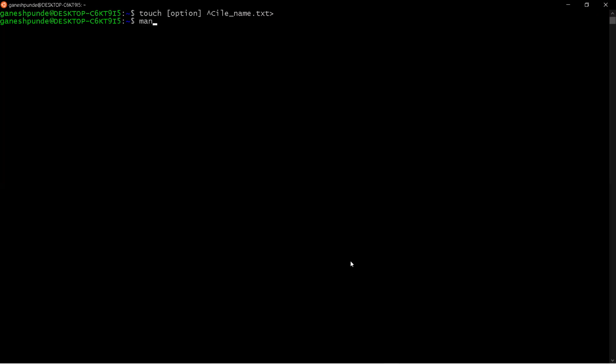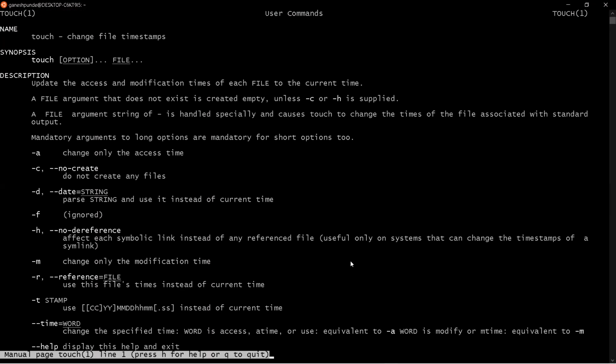Now we will see the manual pages for touch. How to see the manual pages? Type man space touch, and you can see the touch command. What does the touch command say? Change the file timestamp. So the basic purpose of the touch command is to change the date and time stamp of the file, and there are different options available. By using these options, we can use the touch command.